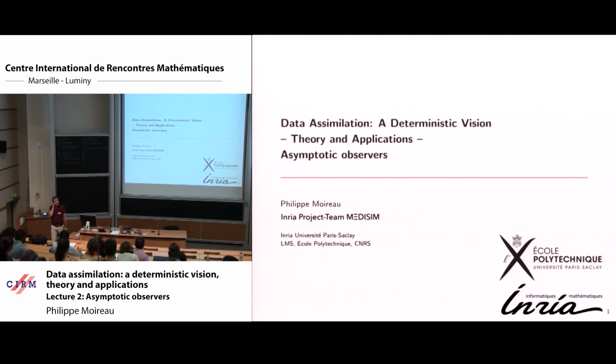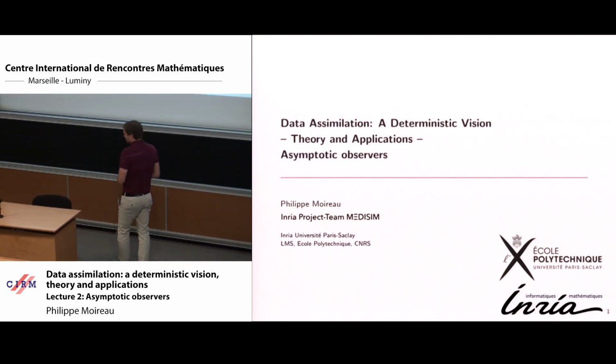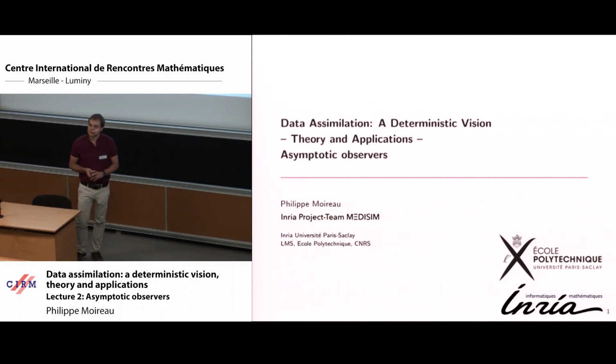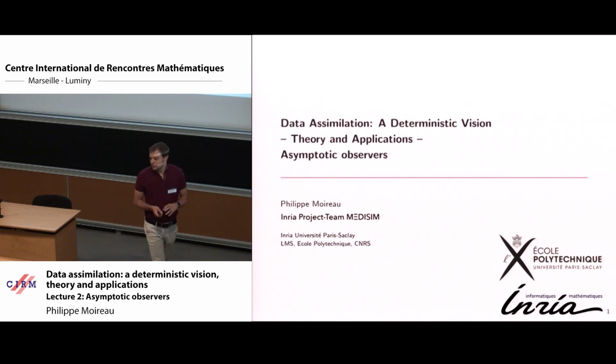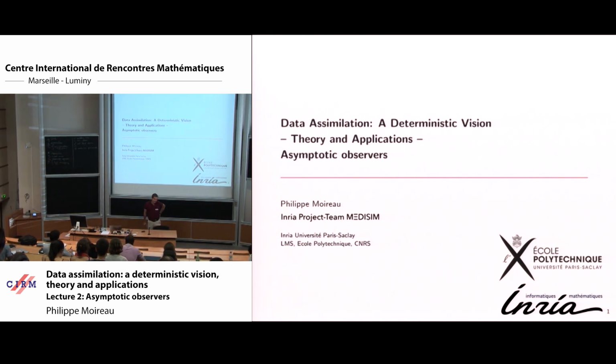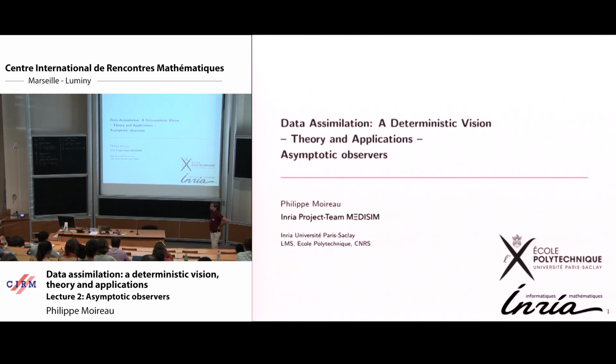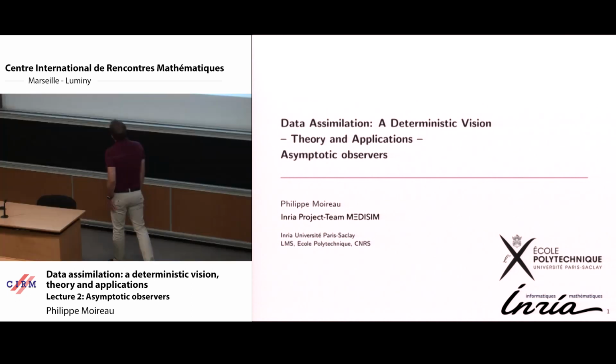Good morning. So the second part of the lecture is: yesterday we talked about least square estimation, and we saw how to solve classically this type of problems when we have evolution equations. And then we moved to Kalman estimator, and today I will present a second side of this type of problem that I call asymptotic observers.